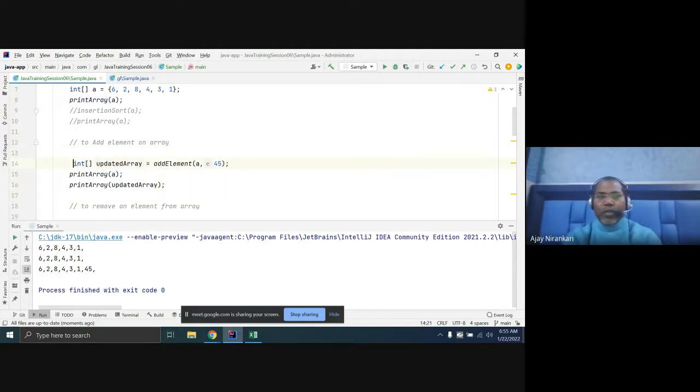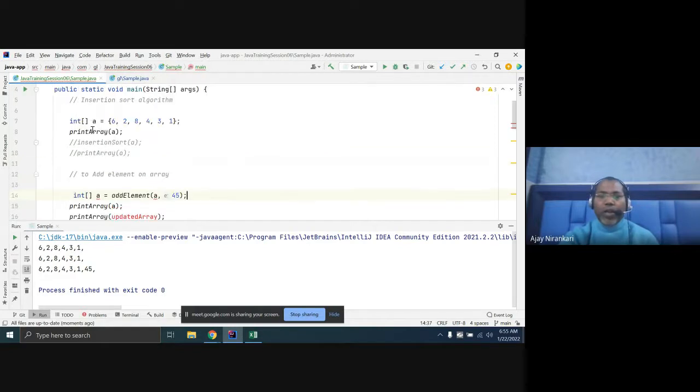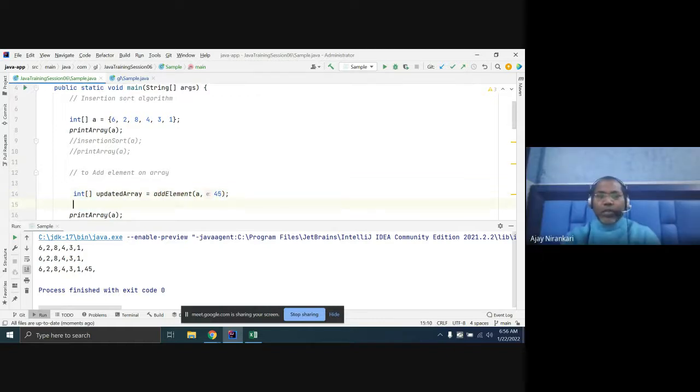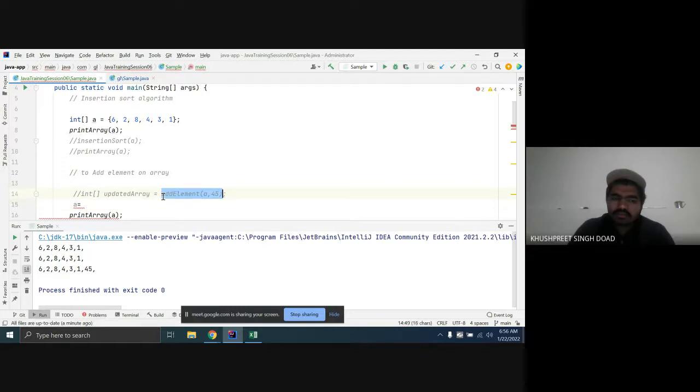You can just change this to A, and here A is already declared. So press control Z. Instead of writing this code, you can comment out this code, and say we already have A equal to the method.